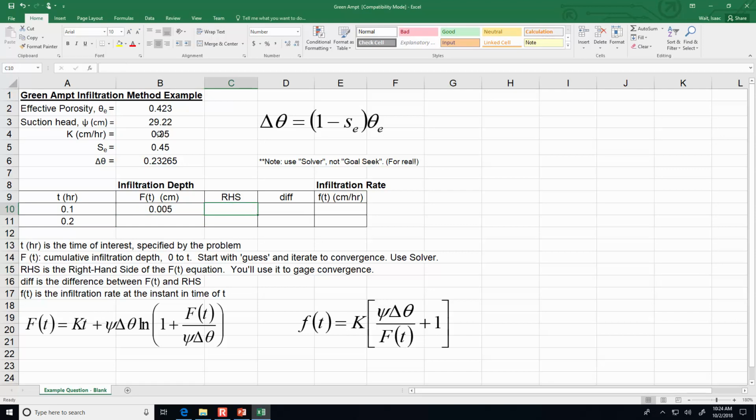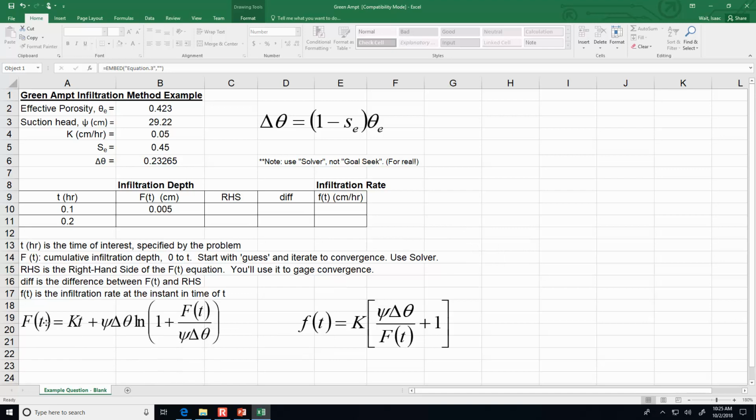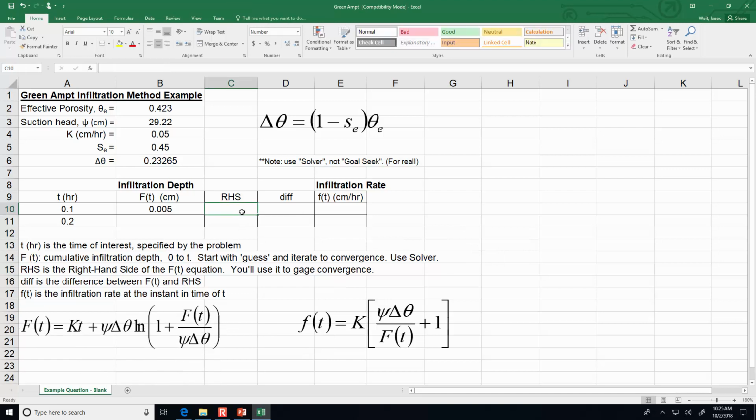Now the right-hand side of the equation that we're going to be typing in is the right-hand side of this equation. Okay, so right-hand side is k times t. So k, I'm going to anchor that so I can drag it down later, times t plus psi anchored times the delta theta, anchor that as well,